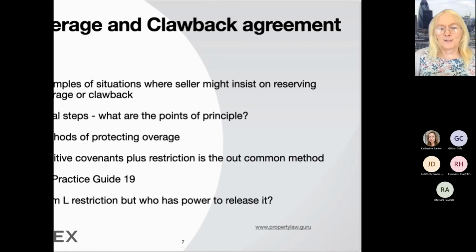Now, the trouble is, if you just look at the new increased value and compare it with the price you sold the land for, and then you say, we want 50% of that, what you're effectively getting as the seller is overage as a result of the general increase in land values. So if there hadn't been any increase in value because of the change of use, then because land values have generally gone up, you'd get some more overage, and that's generally not felt to be fair.